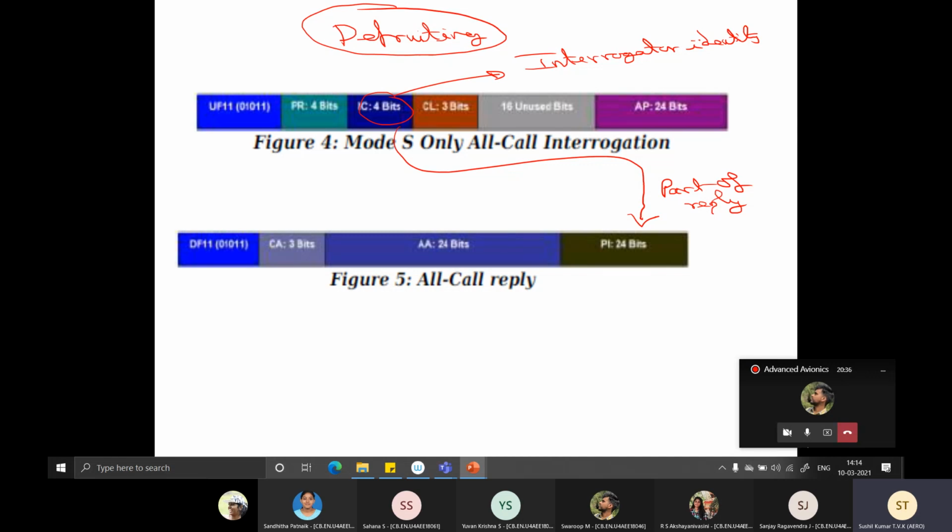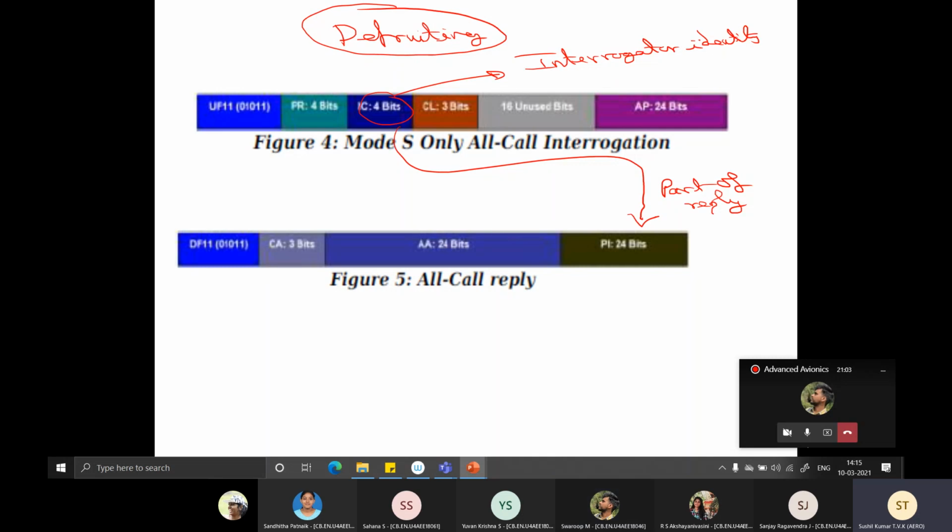See, one thing is, though we call this whole system a radar, it's actually a digital communication between aircraft and ground. So you're just making some protocol so that all aircraft will understand your interrogation, and then you call that protocol mode S. Getting it? Yes, sir.